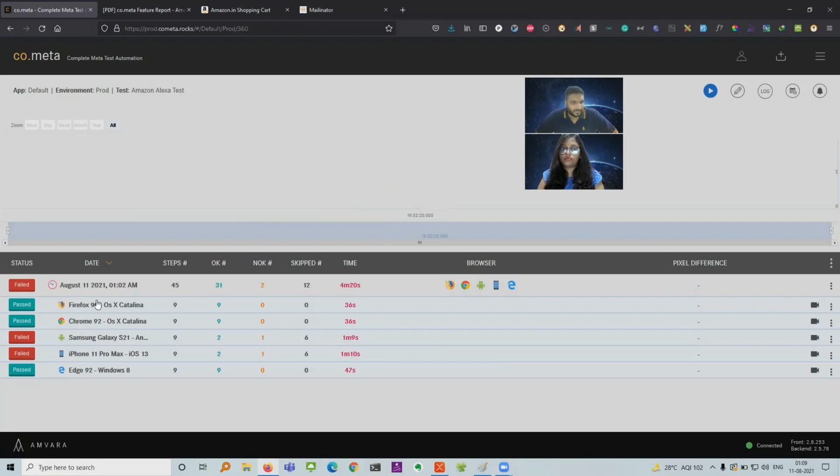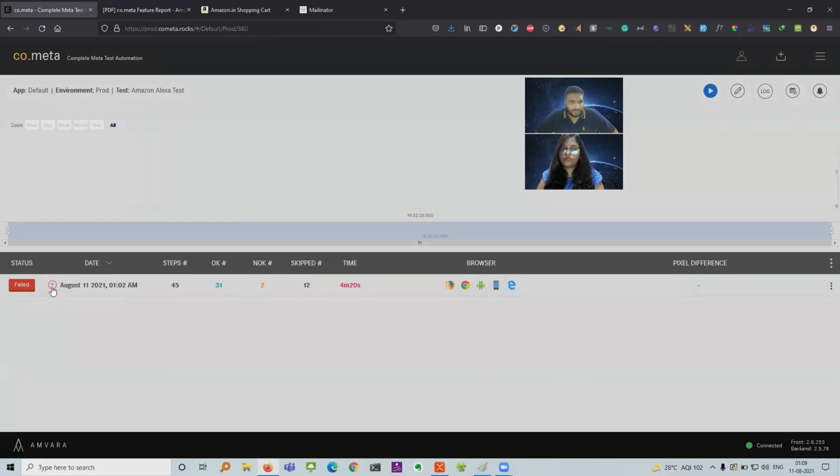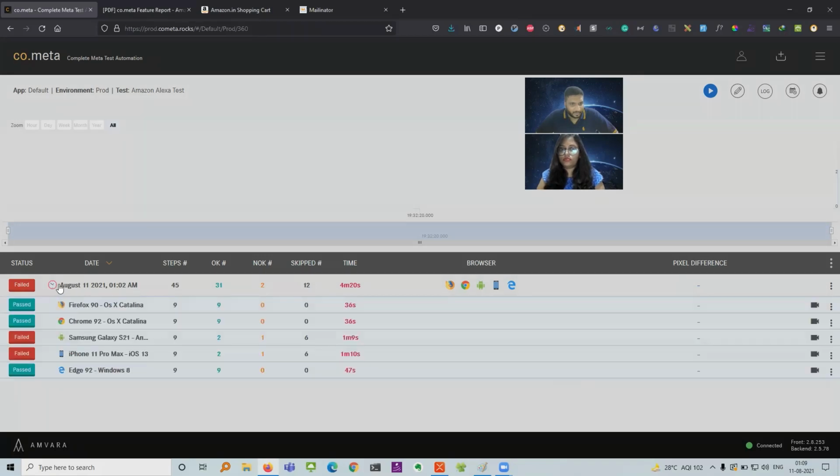And then once the second test completes, you can essentially compare, and you will get all those things. And here you see there is OK, which is how many steps were fine, and NOK, which means how many steps were not as expected. And if you see, these are two, and the time it took on mobile is more because of the waiting of the locator for 60 seconds.